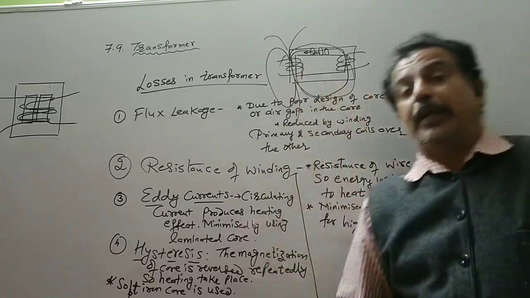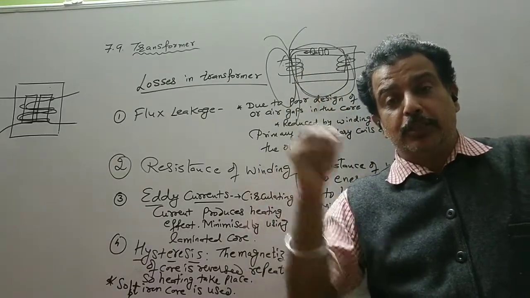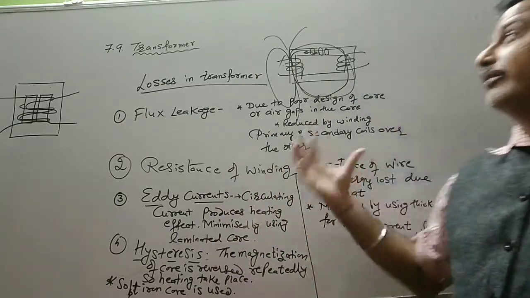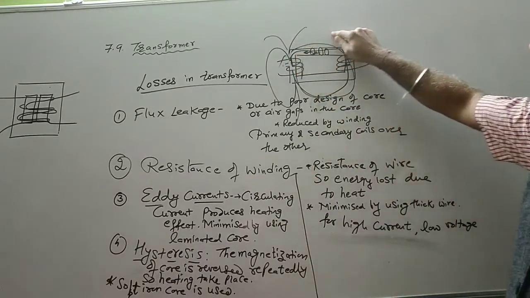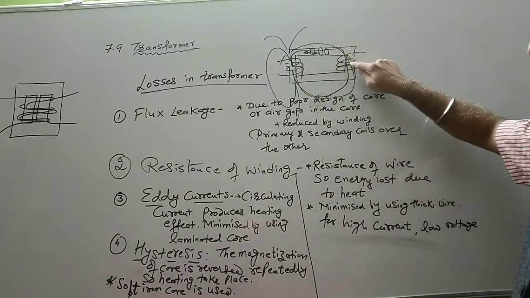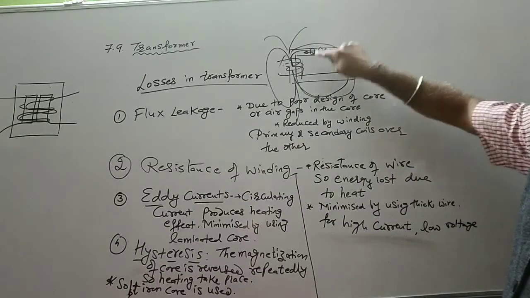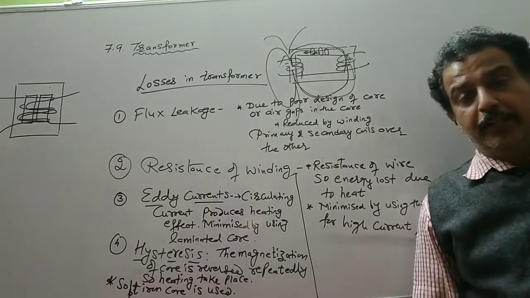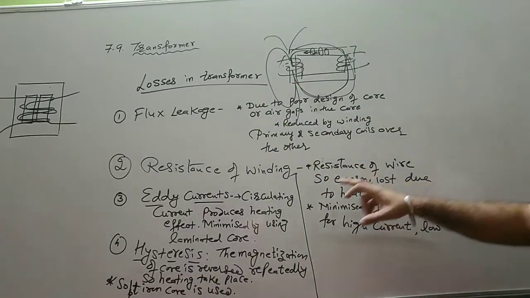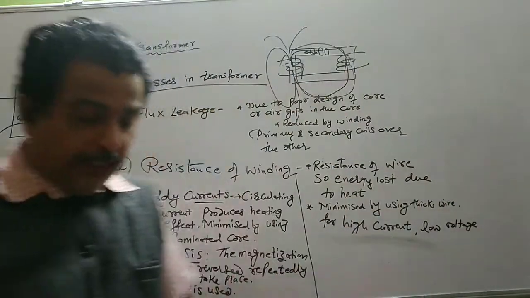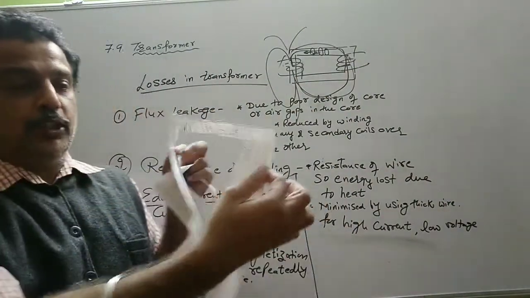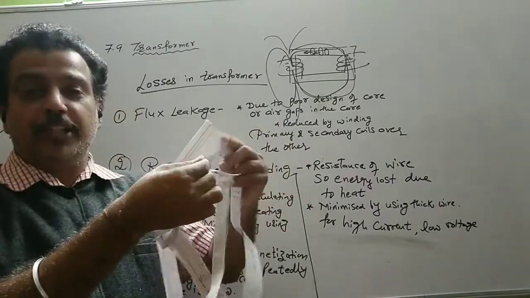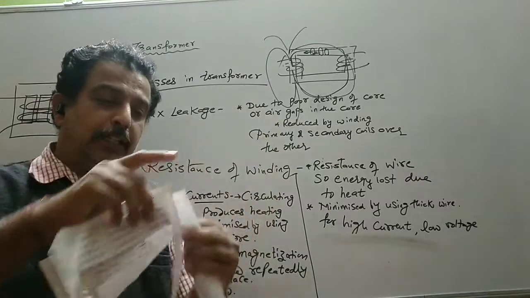So when the current in the primary coil is rising, the induced current or eddy current is produced in such a way that it opposes the growth of the magnetic flux. So if the magnetic flux tries to get linked from primary to the secondary coil, this induced current will produce a magnetic field opposite to our field, thereby heating up the coil. Now we don't have only one soft iron core. It is not that just one thin sheet is used for a transformer. We have to use a number of thin sheets.